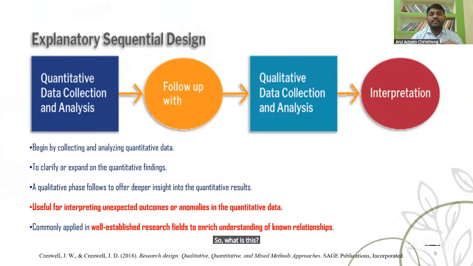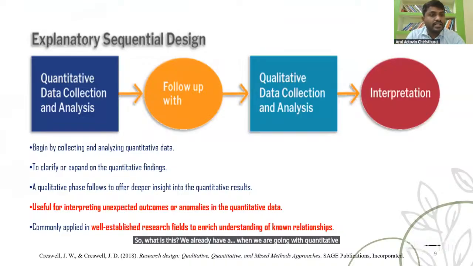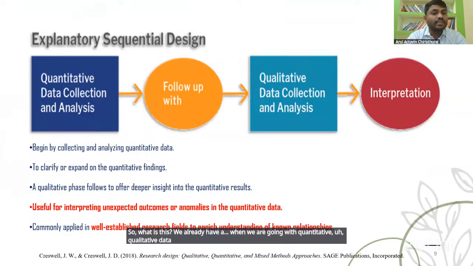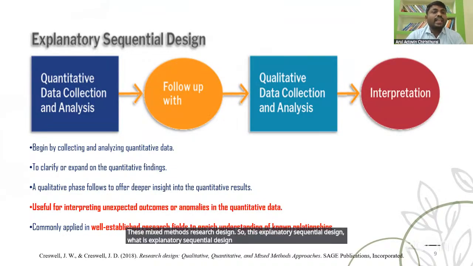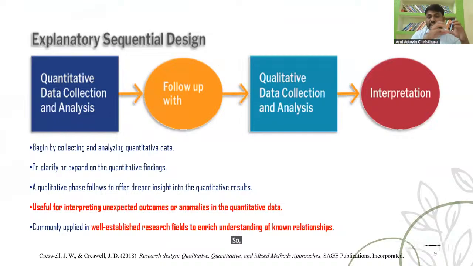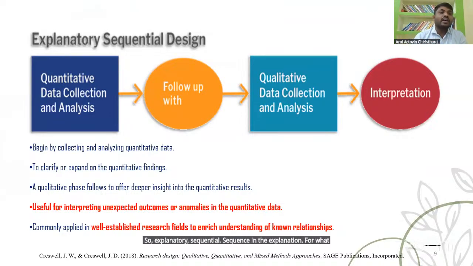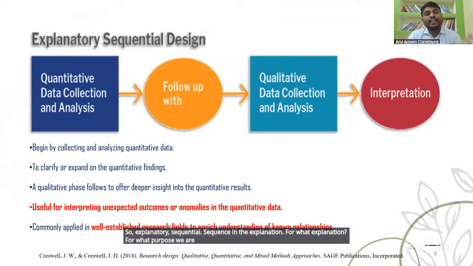We need both quantitative as well as qualitative data, and only then can we go with this mixed methods research design. So what is explanatory sequential design? Sequence in the explanation. For what purpose are we going to explain this?